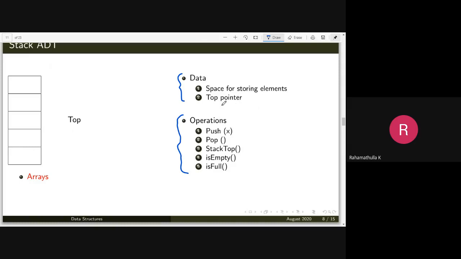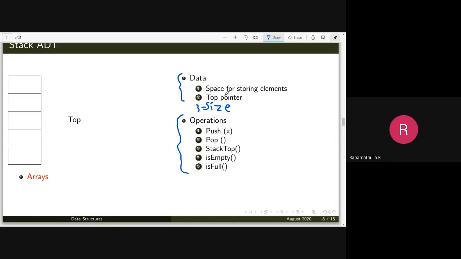Then an additional pointer points to the topmost element in that stack. In our implementation, along with this, we have defined one more thing called the size of the stack. Using these three elements, we have created a structure. This goes as an array, this is a variable, this is a variable.